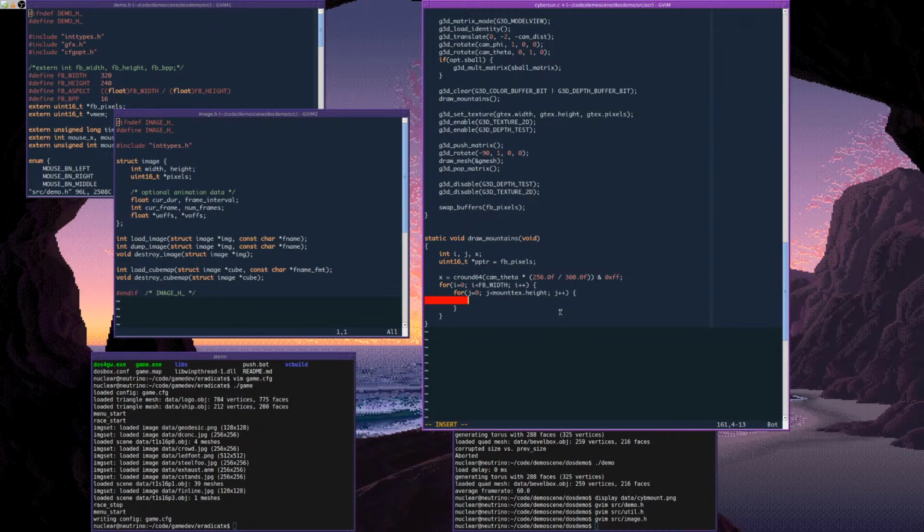should I have a pointer to the source image? Yeah, I think I should also have uint16_t. Let's call it SP. Okay, so let's call this dptr, like the destination pointer, and let's call this the source pointer. So that's mount text. Oh, come on. Mount text dot pixels. And then what I'm going to do is